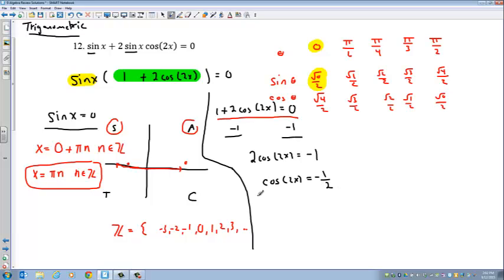Right, so this is the same type of problem as we did before. You had the sine of some angle equals some number. Now we have the cosine of some angle equals some other number. And so how are we going to solve this? And it's the same steps. So we're going to say all students